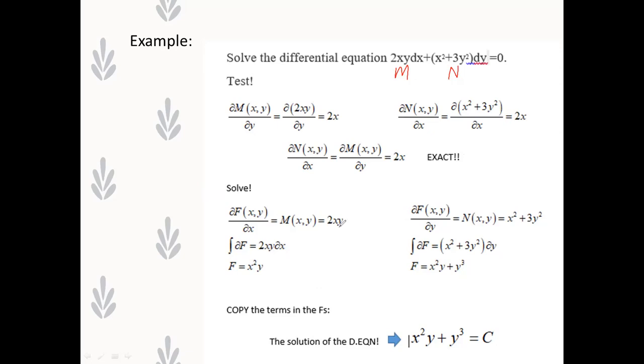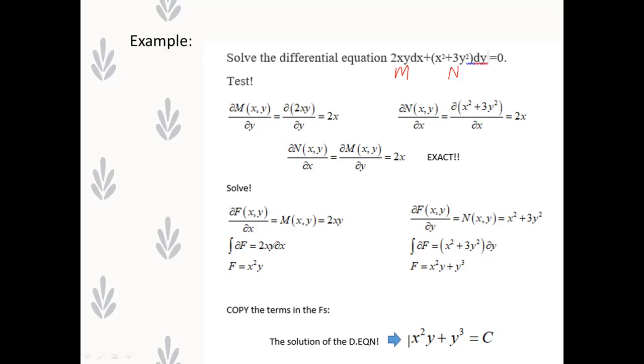So what we did here is copy the m, equate it to the partial derivative of f with respect to x, because of what was discussed to you in the second page. That partial derivative of f with respect to x is equal to m for method 1. And you will partially integrate it with respect to x. So take note, you partially differentiated with respect to y for testing, but in finding the solution, you partially integrated